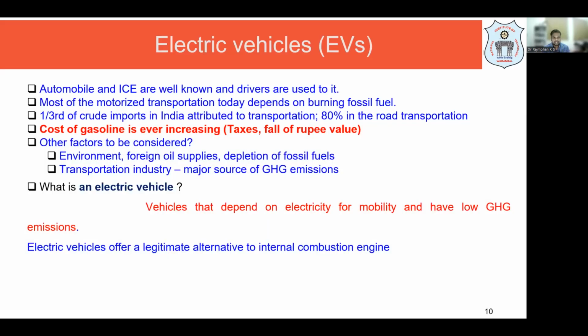Okay, so these electric vehicles, we know that on road, automobiles and IC engines are well known and drivers are used to them. Any driver operating an IC engine, petrol car or a diesel car, is well versed with it. They have been driving such cars for 40 years, 50 years, right? And nowadays e-vehicles are coming into the picture. So the new generation drivers will easily adapt to it, but it is difficult for the old drivers